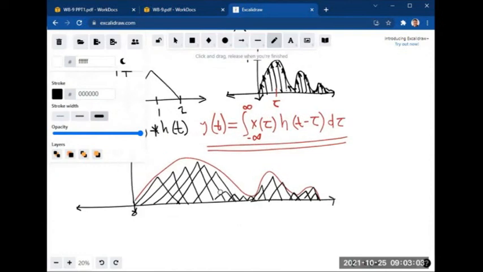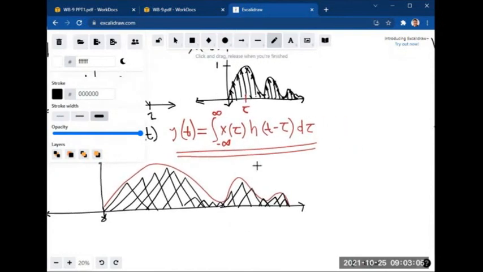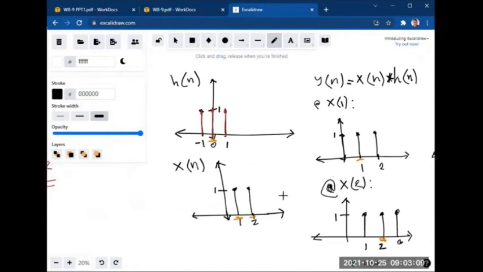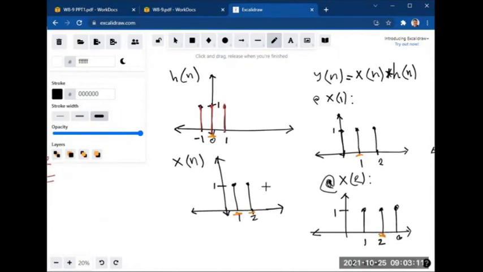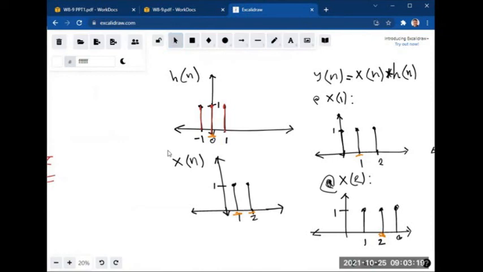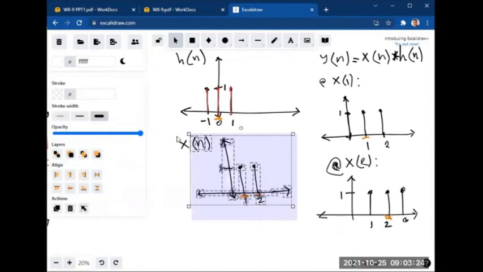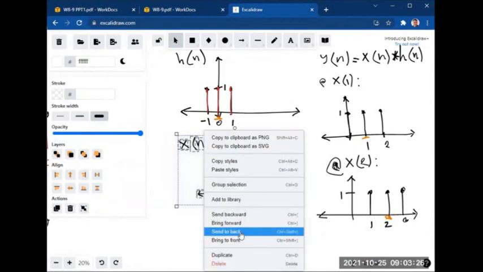Let's just take this example. So instead of having an input signal at 1, if we shift this signal, for example,